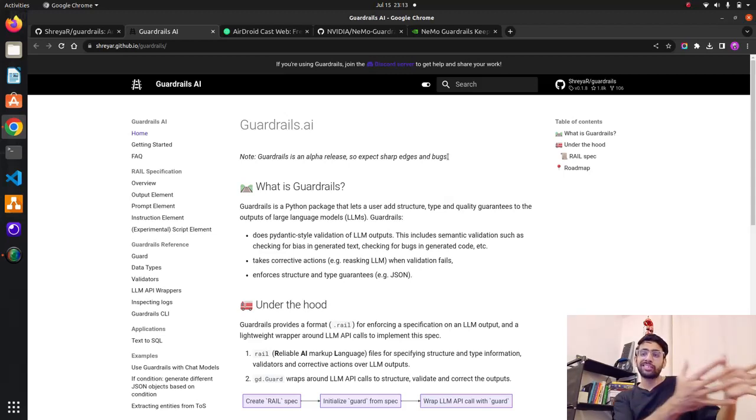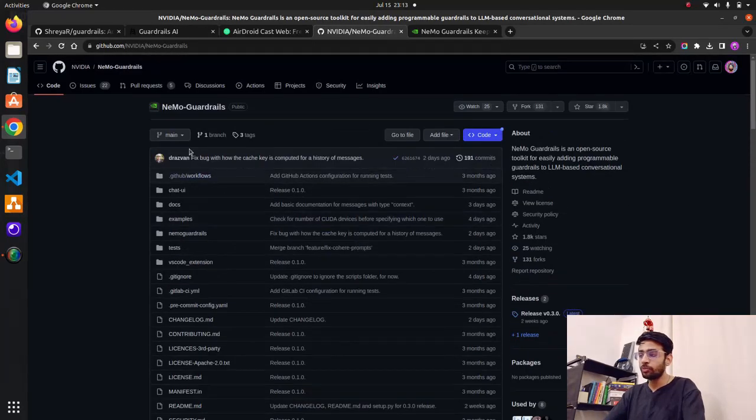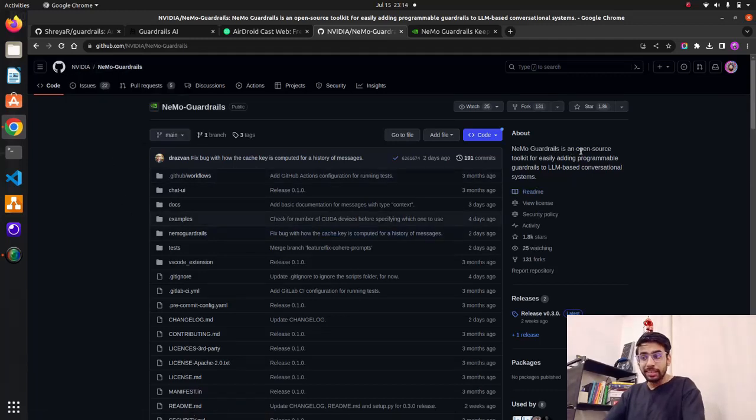It's a flavor of XML. We have XML, which is a markup language, and that's what RAIL is also. And all of these libraries like Guardrails AI, and when you talk about NVIDIA Nemo, you can see here I'm on NVIDIA Nemo right now, which is Nemo Guardrails by NVIDIA, which says Nemo Guardrails is an open source toolkit for easily adding programmable guardrails to LLM based conversational systems. These are mainly for chatbots or question answering tools, and even for multi-purpose use, for example language translation and code generation.